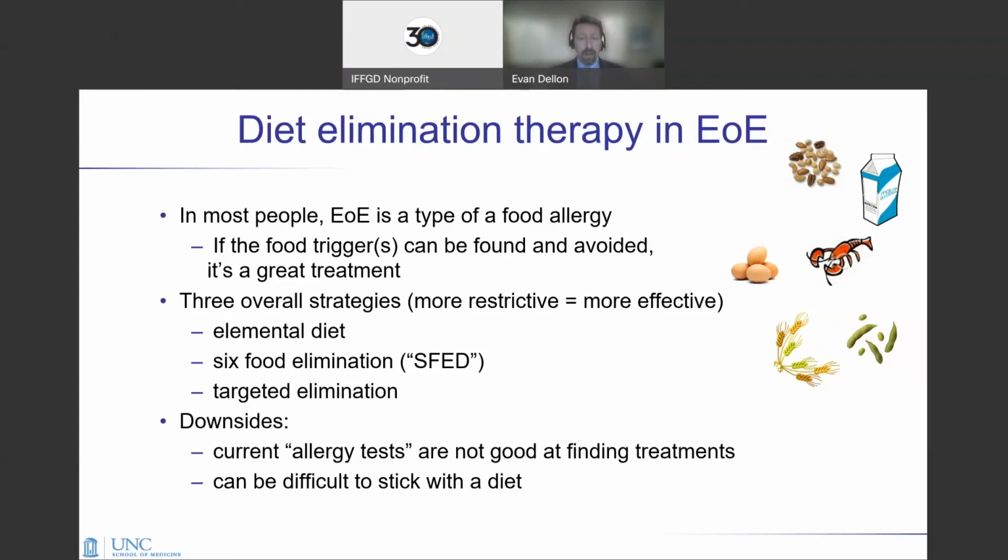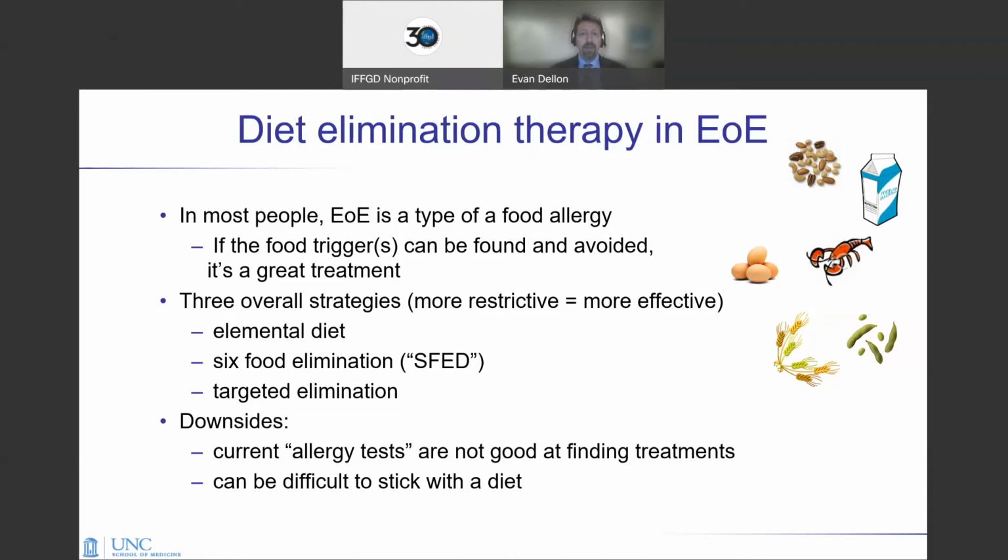There are different varieties of this, so not as many foods would be eliminated. And then there's what's called the targeted elimination diet, which isn't used very commonly anymore, where you eliminate foods based on allergy tests. And that's because our current allergy tests aren't very accurate to identify food triggers in EOE. So that's one of the real downsides of this kind of therapy, and it can be difficult to stick